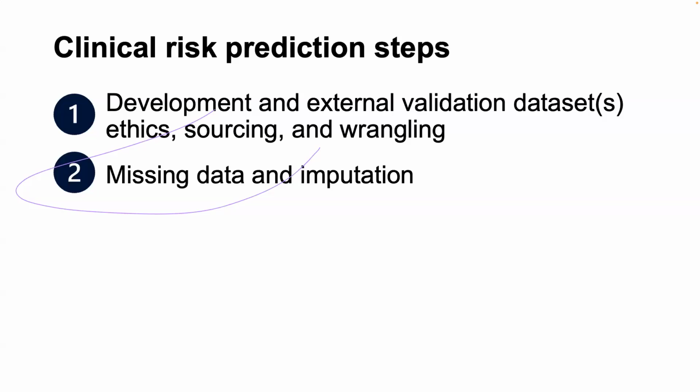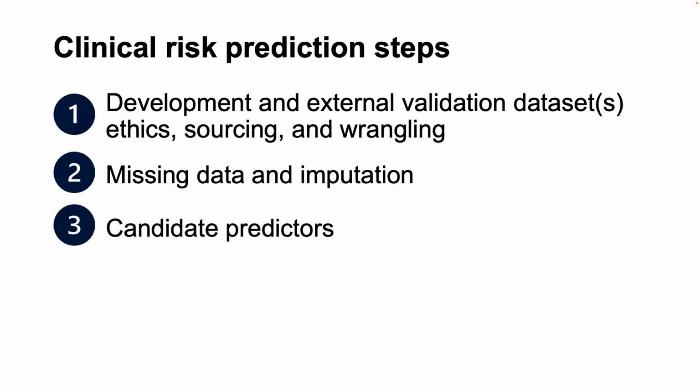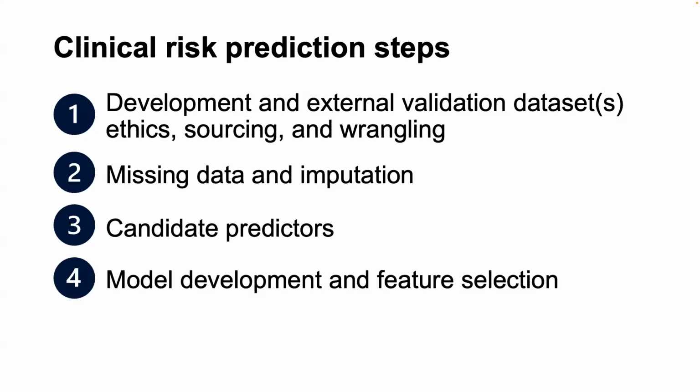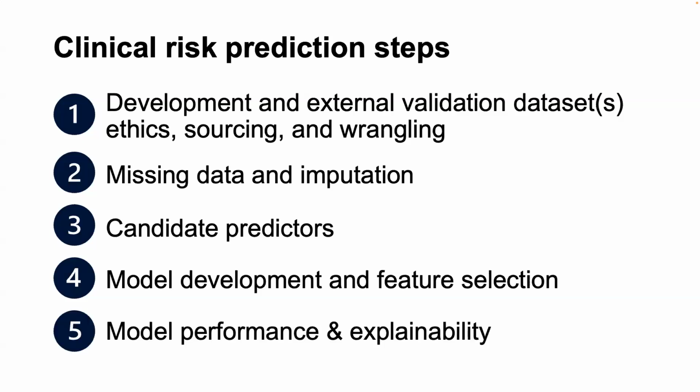Missing data and imputation. Having walked into the discussion at the end, that's obviously something that's been covered, but the other thing to bear in mind is not just missing data and imputation when you're building it, it's missing data and imputation when you are putting it into practice. What are your candidate predictors? How have you selected these? How realistic are they? How meaningful are they? And then we come to the actual model development and feature selection bits, followed by how well is it going to do? So those would be your five